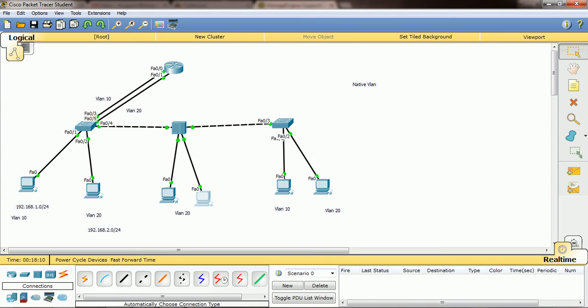Okay, and one more thing, when you have different VLANs, that time you need to create native VLANs. So think that you have only one VLAN in your network, like VLAN 10. That time you need not make this a trunk, or give any native VLAN, nothing. So like that you can use this native VLAN.